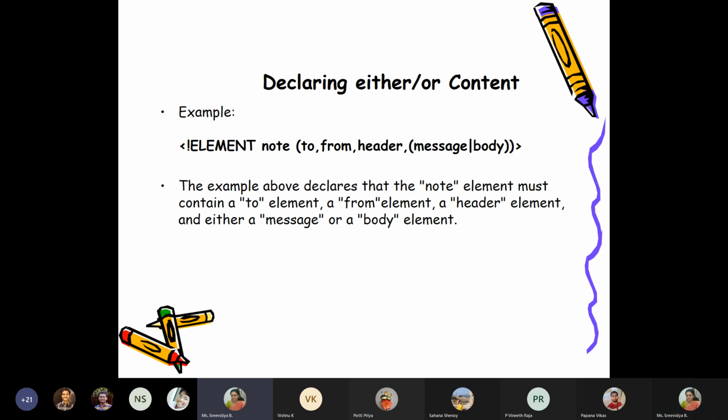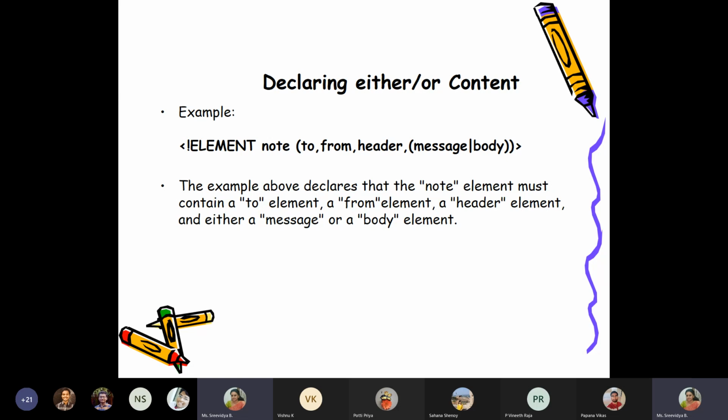This is like to, from, header. Previously we said body. Now I'm saying either it can be body or it can be message. If I'm declaring an XML document that has to, from, header and message, that is valid.